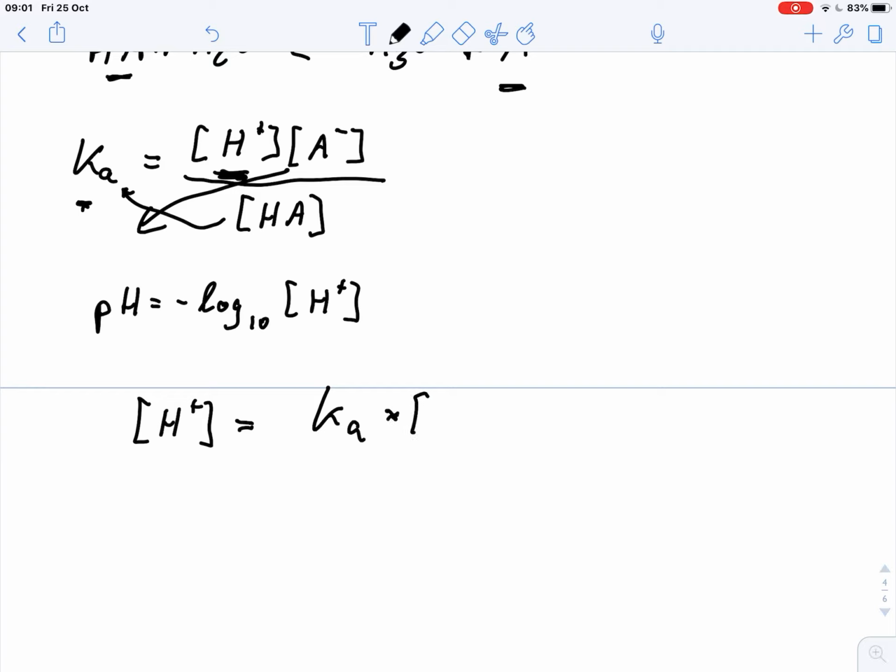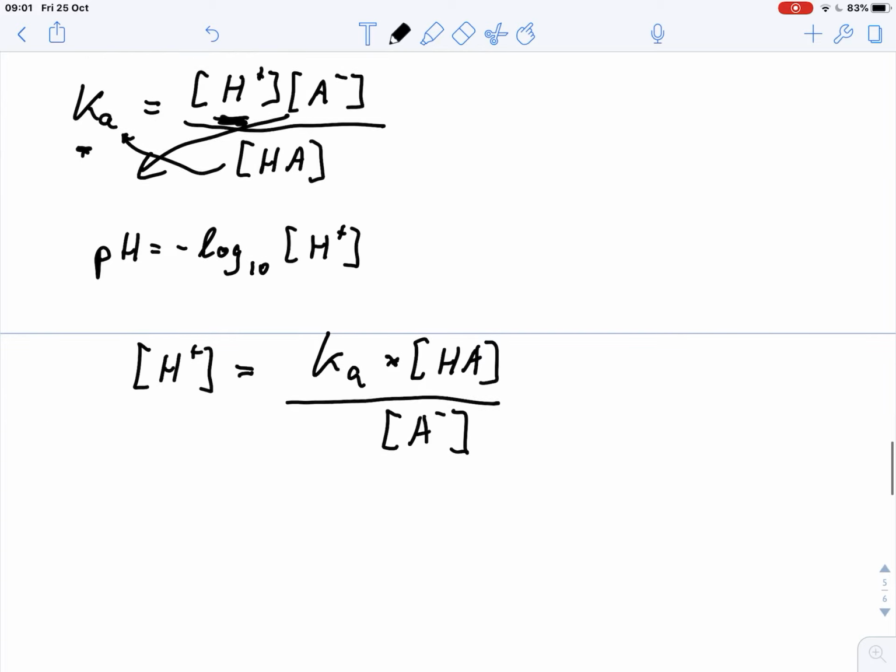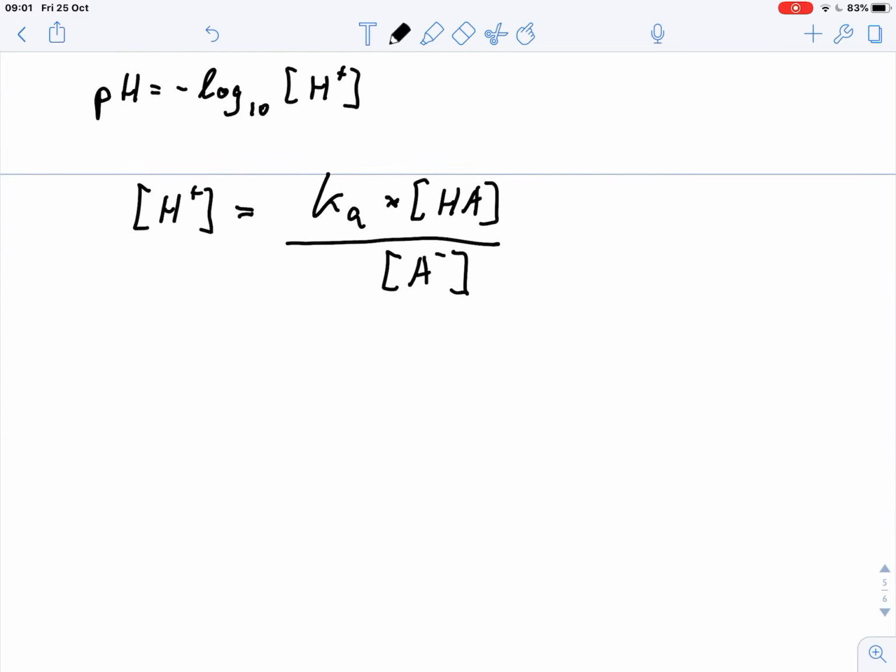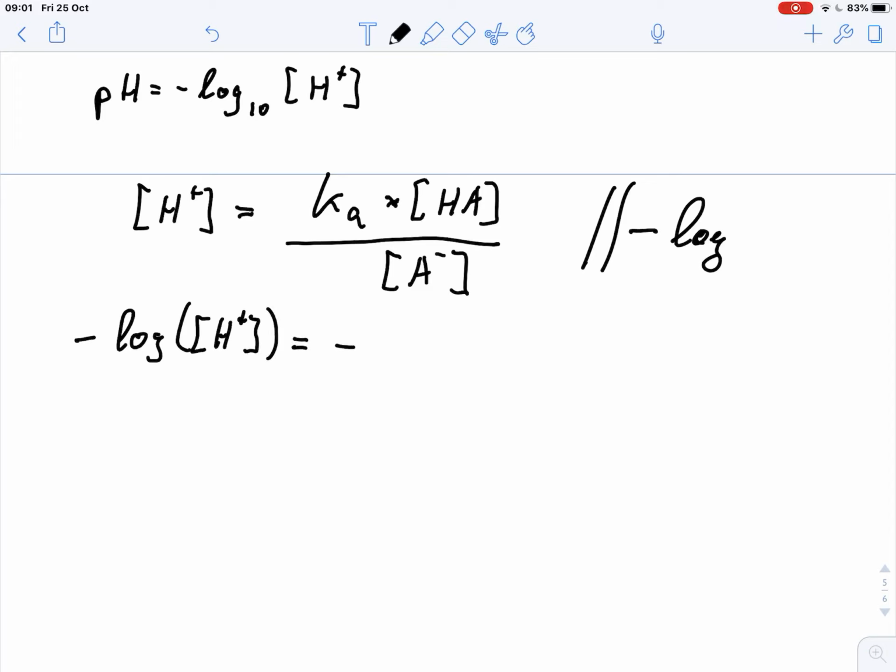times HA divided by A minus. So that is our equation for the proton. And all we need to do now is take the negative log of both sides, and we get minus log of the proton concentration equals minus log of this term, and we can write this as minus log Ka, plus minus log of the acid